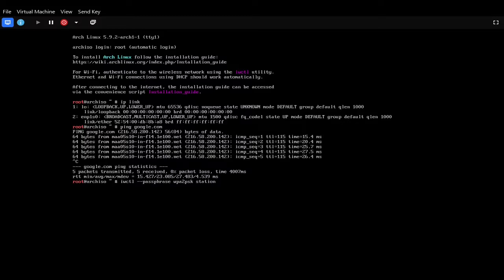For example, in my case it was wlo0, wlo1, and connect the name of the SSID. Now in this virtual machine we don't have Wi-Fi, we have Ethernet which is already set up, so that step